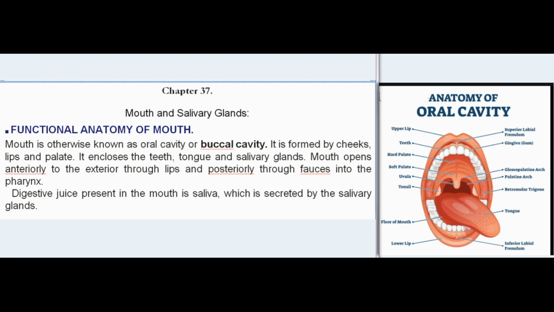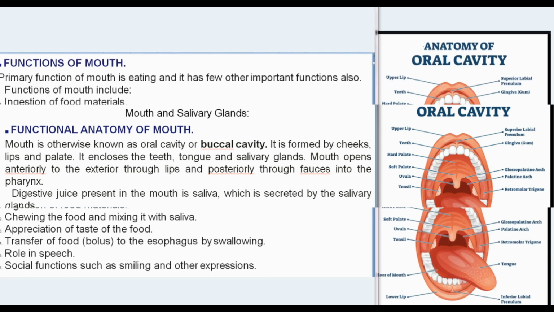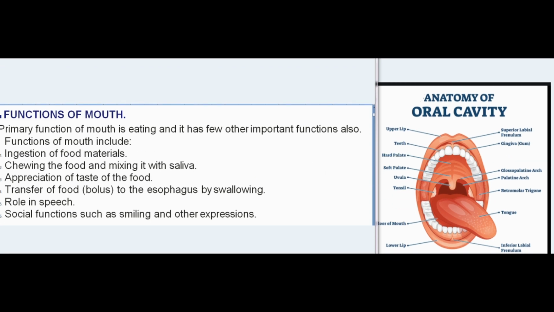Digestive juice present in the mouth is saliva, which is secreted by the salivary glands. Functions of mouth. Primary function of mouth is eating, and it has few other important functions also. Functions of mouth include ingestion of food materials, chewing the food and mixing it with saliva, appreciation of taste of the food, transfer of food, bolus, to the esophagus by swallowing, role in speech, social functions such as smiling and